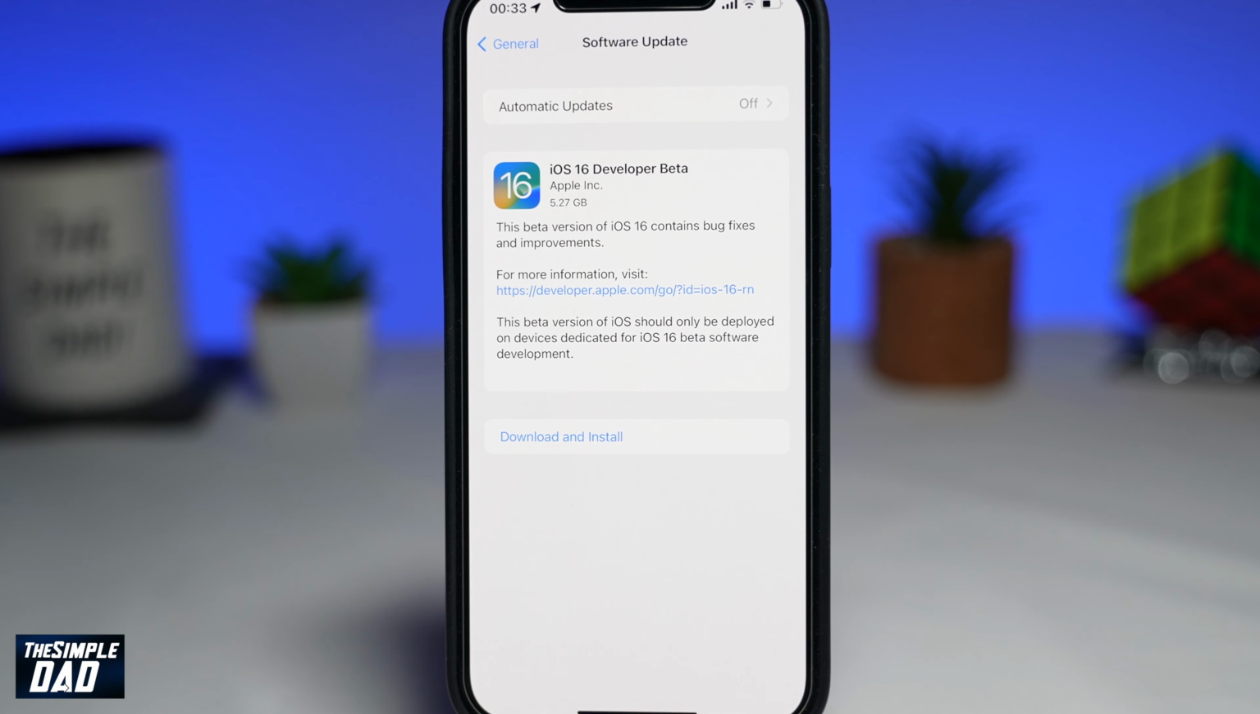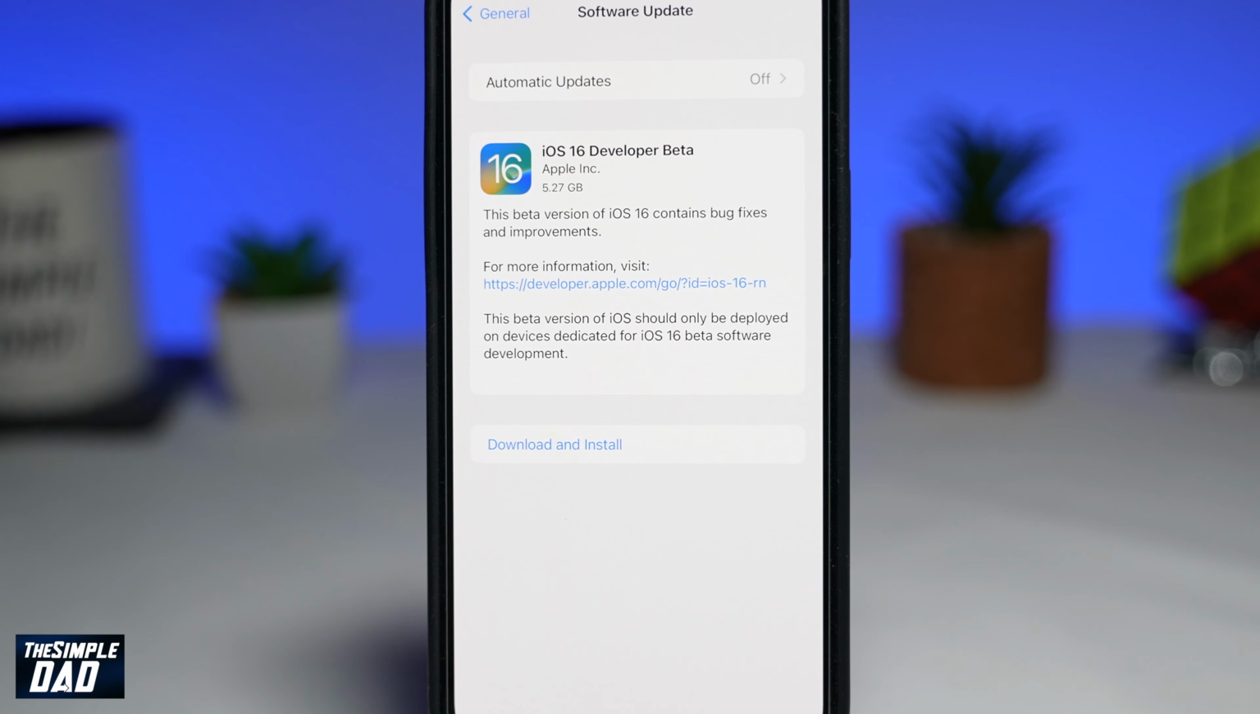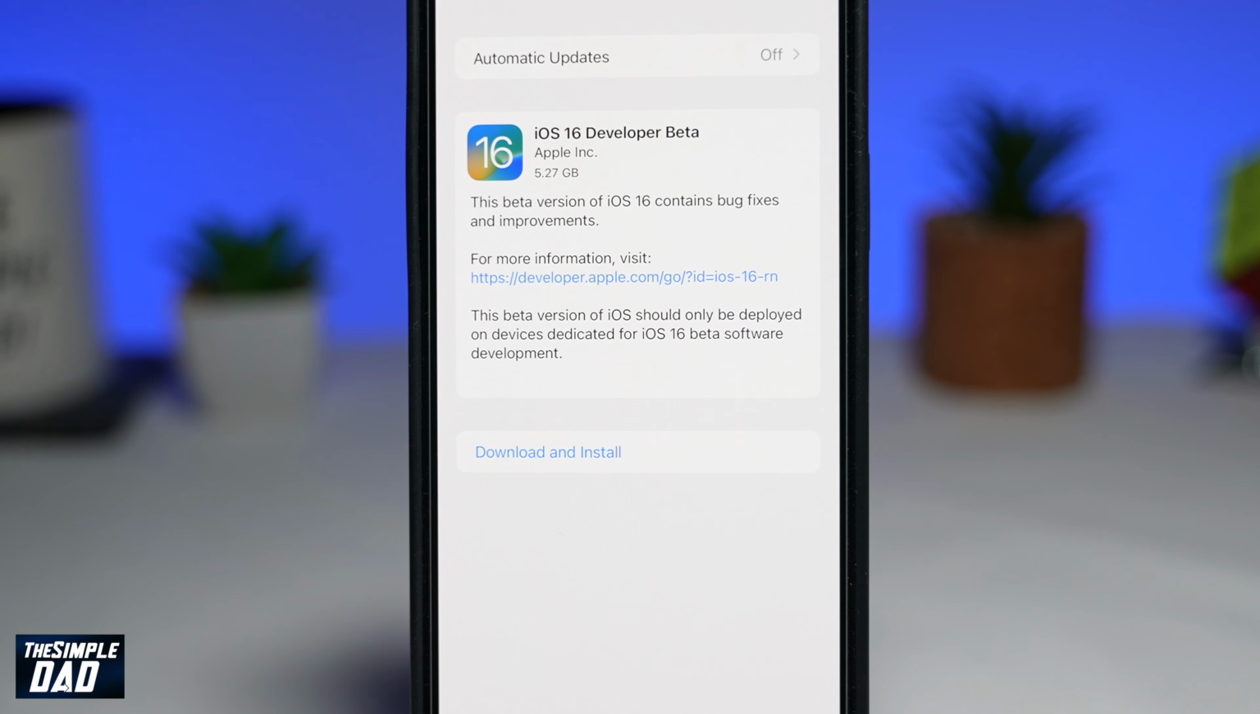In this video, I'll show you how to download and install iOS 16 beta without a developer account on your